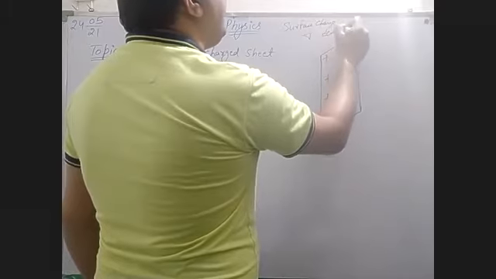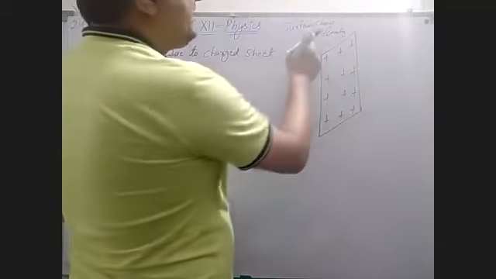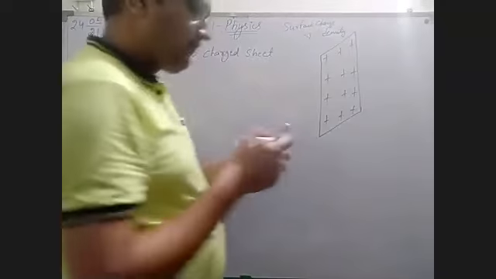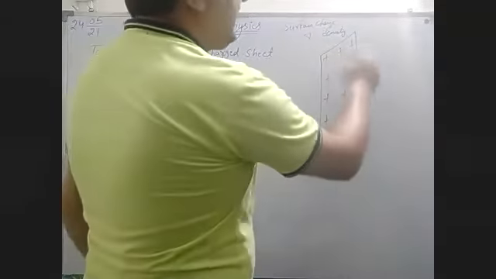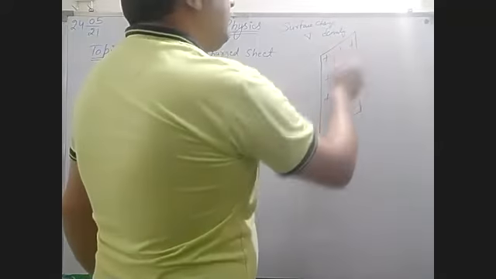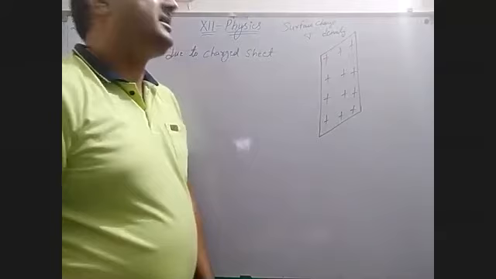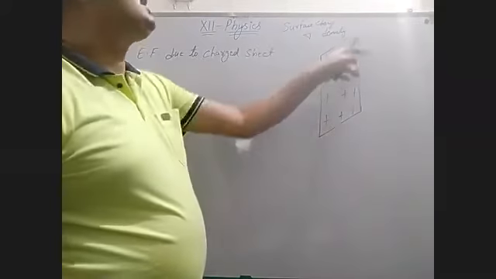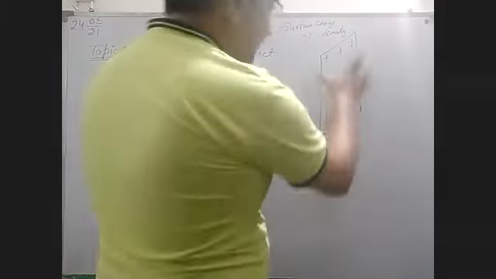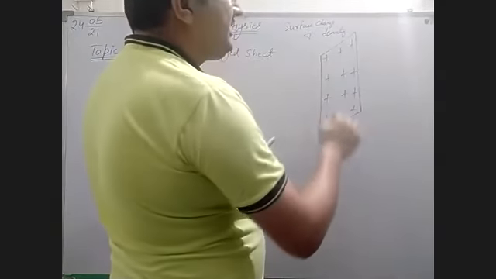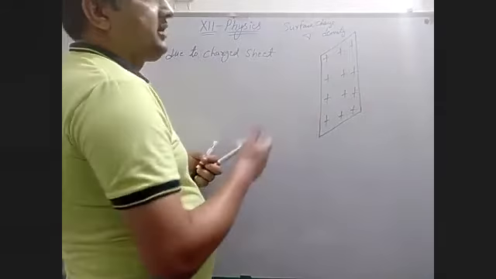And you know very well, if we take a small part of this sheet, sigma is the value which is not different anywhere. At every part of this sheet, the value of sigma is the same, meaning constant, because this is a uniformly distributed charge. Now, by this sheet, what is the electric field value near it?